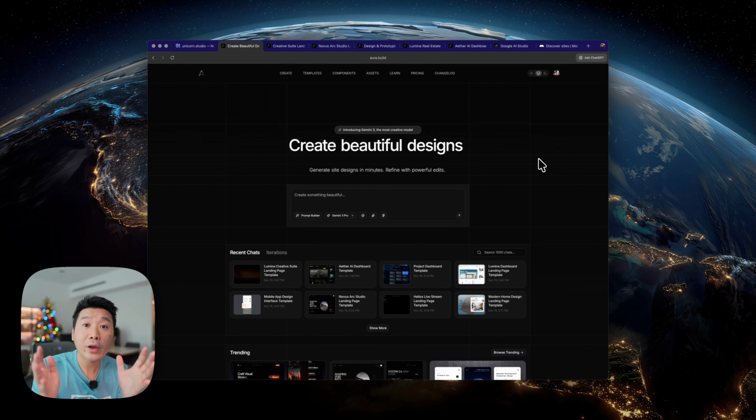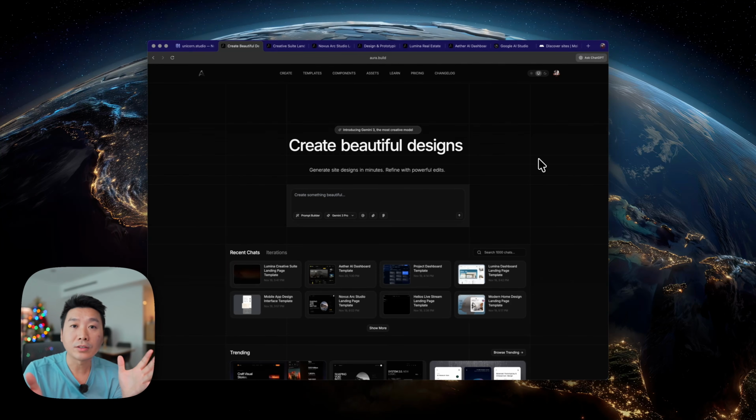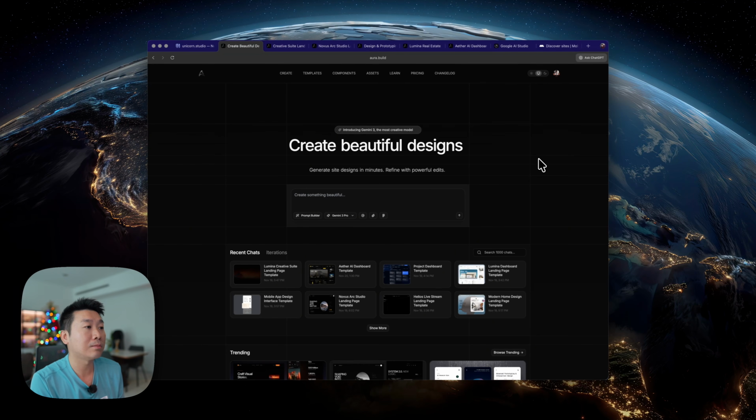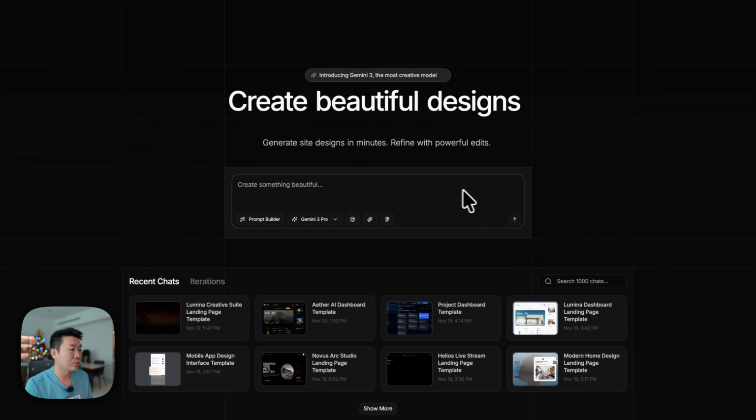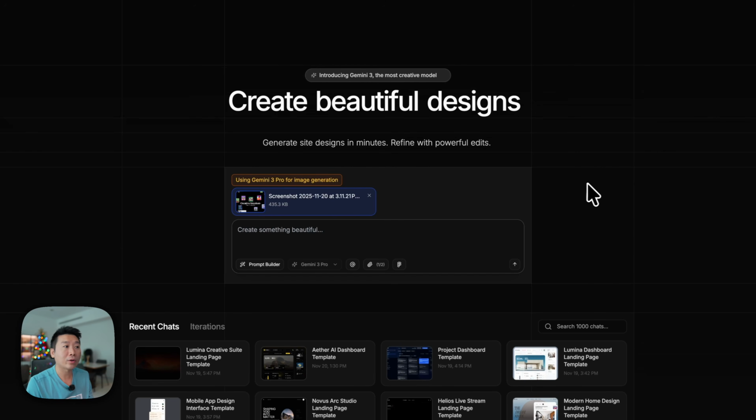All right, now that you have done collecting all the designs that you want to use for inspiration, it can also be your own design, by the way. It can be your team's design. You want to be consistent with a specific design system and style guide. You can do so. This is honestly the best way. As we say, a picture is worth 1,000 words, and it cannot be more true in this case when you're